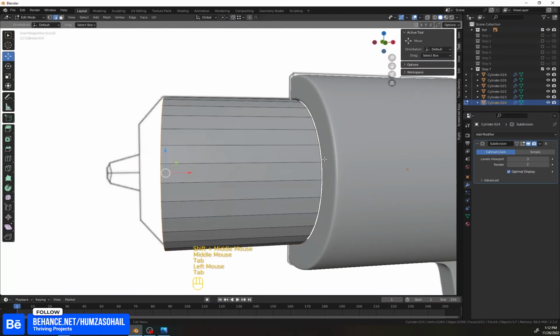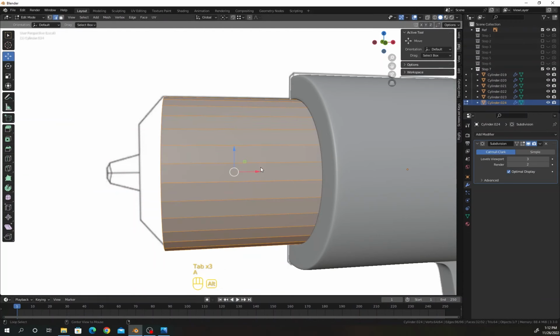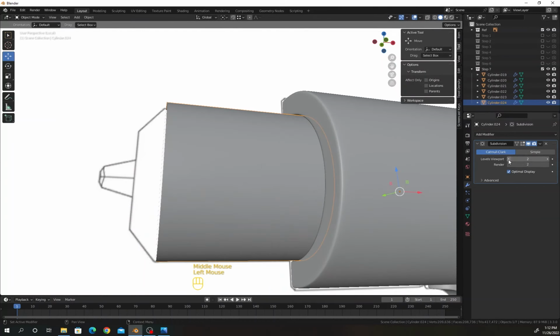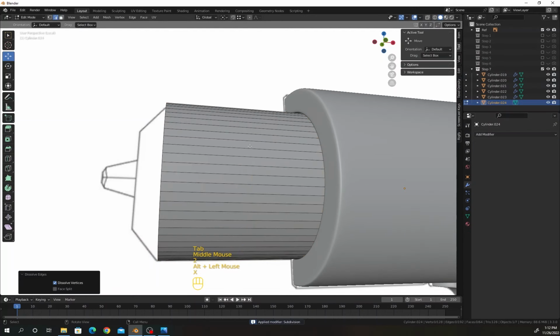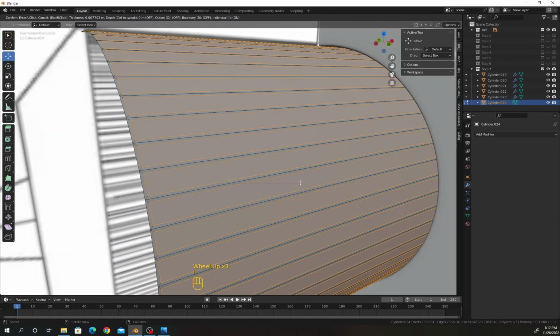I will need more geometry on this cylinder for this, but before that I will recalculate outside and select a subdivision level of 1 and apply. Select this edge, press X, dissolve edge. Now select the whole mesh, press I one time,